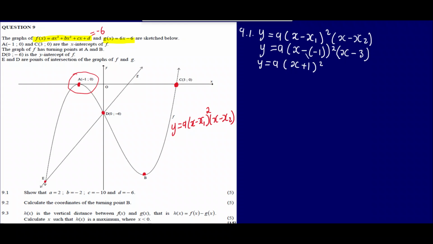So if the x-intercept is negative, you substitute it as negative, and you will see that the two would multiply and give us a positive. So x minus 3. And then here we have a coordinate pair that we can use because we don't have the value of a. They will give us a coordinate pair,